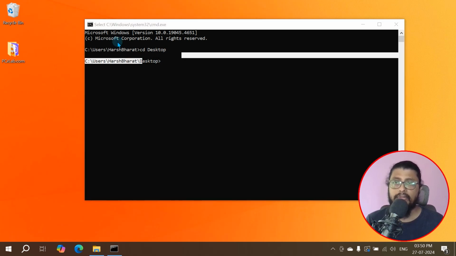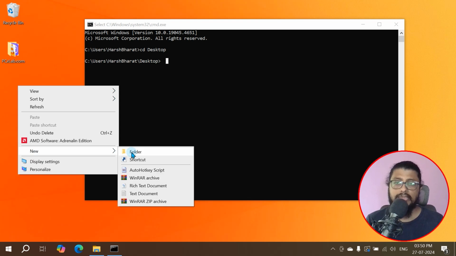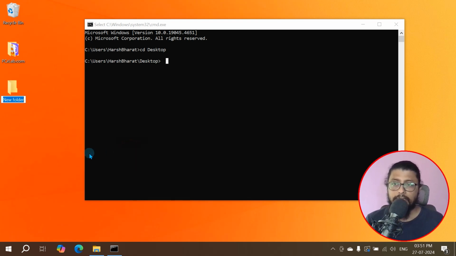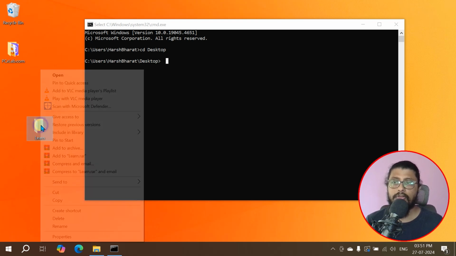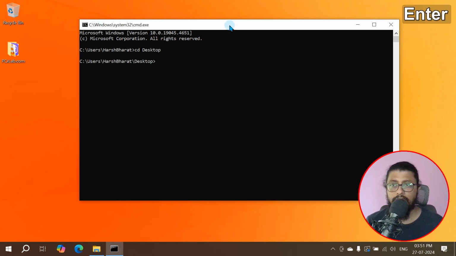If I want to create a folder manually here, how can I create it? I'll right click, say new, folder, and I'll type test folder. It is ready. I'll create a second folder, learn folder, myself folder. How will you delete? You'll select and click delete, or you'll right click and delete, right? So this is how you do deletion on the system side.